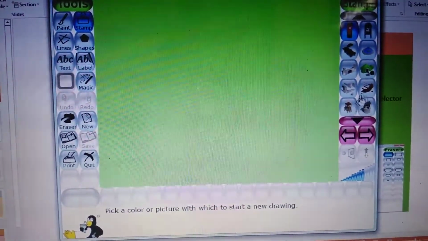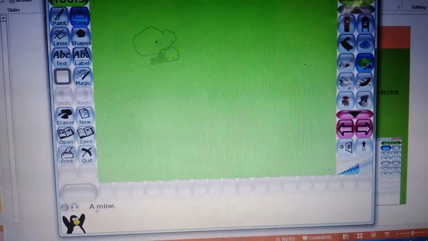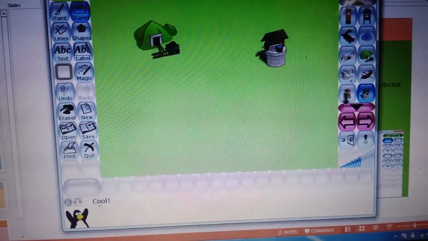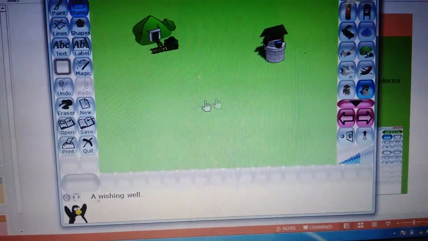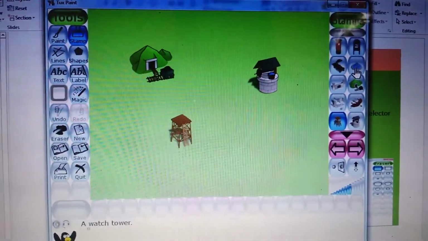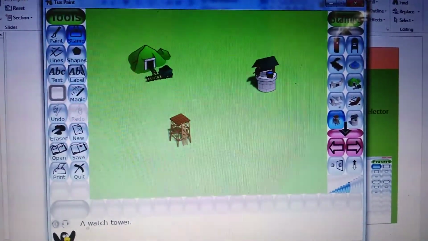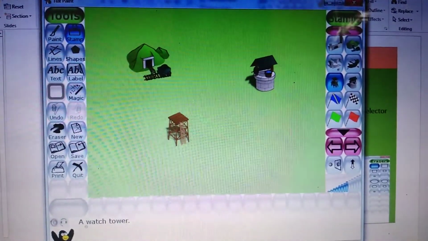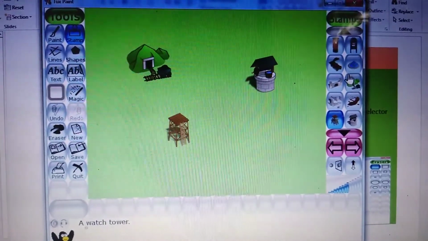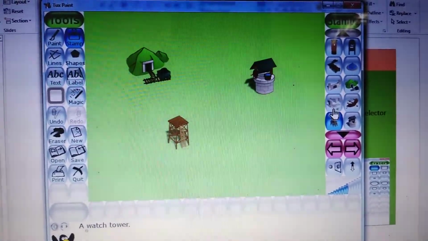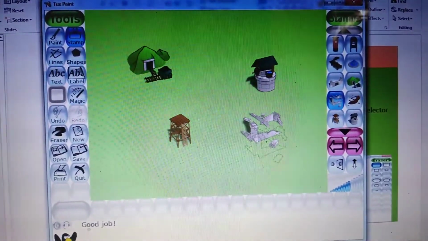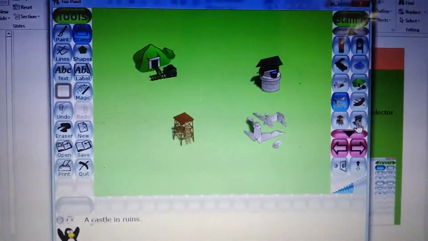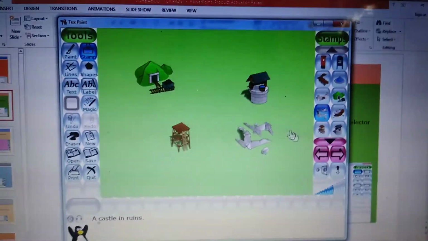Now I will select a hut over here. By using stamp tools, you can select different kinds of huts over here. But you have to search and use the stamps. Now you can see children different kinds of houses also. Okay children. By using the stamp tool you can stamp an image. Whichever image you want, you can stamp that image.